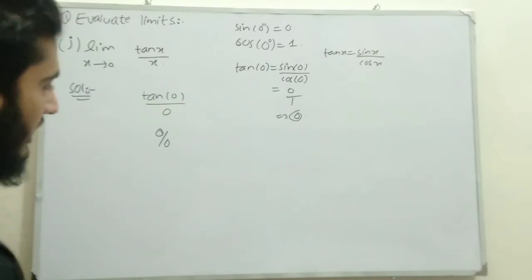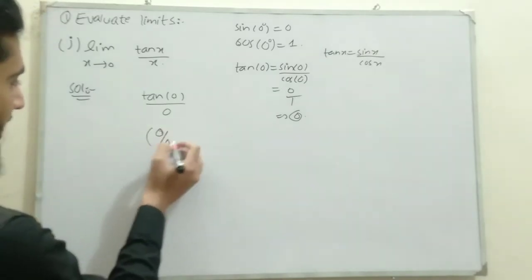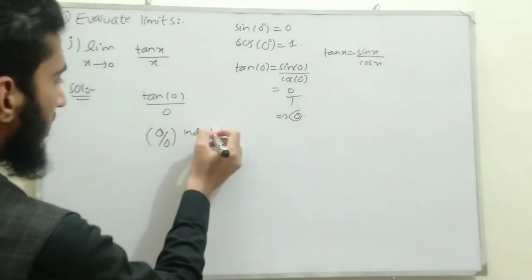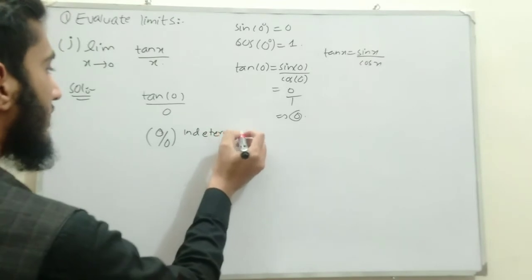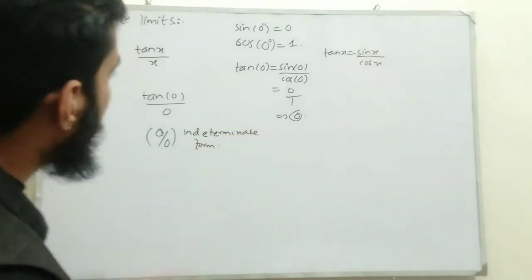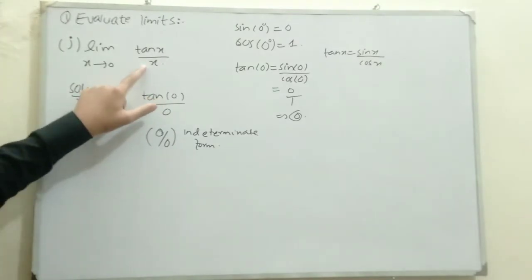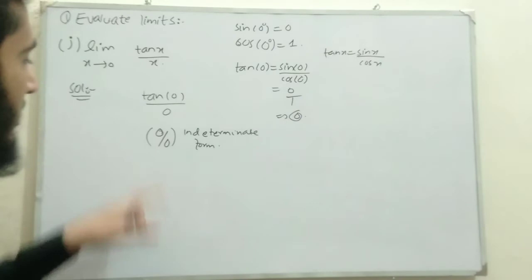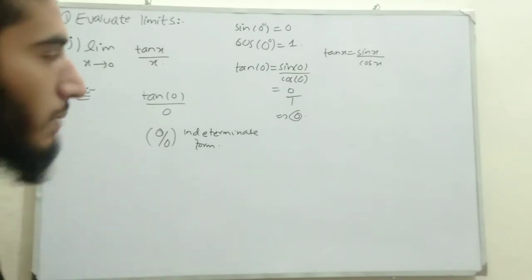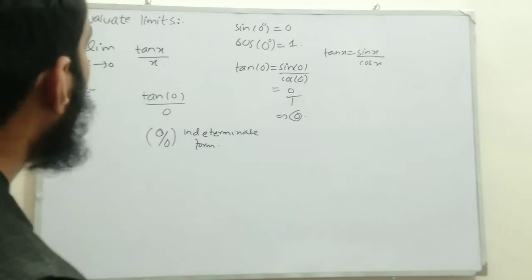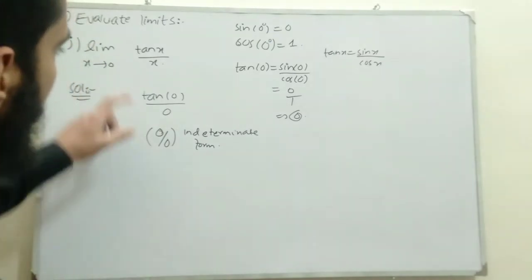We already learned in the previous first, second, third, fourth, and fifth problems that this form is called an indeterminate form. So remember, when in a trigonometric limit problem this indeterminate form comes, we apply L'Hospital's rule. L'Hospital's rule tells us to take the derivative of the numerator and denominator separately.